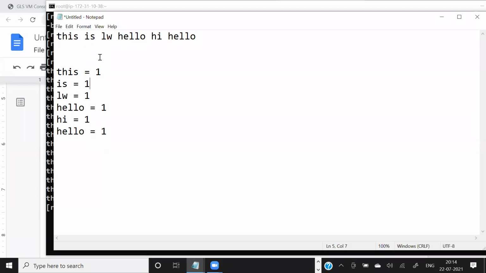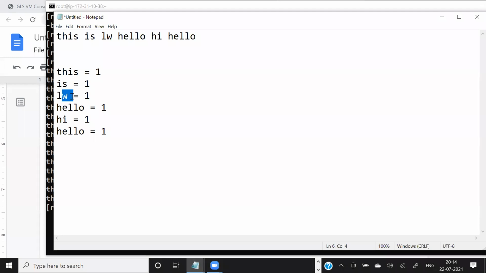After we do the same thing for all the lines, then we start counting. So hello would be a key, and this is the value. We count how many times the hello key comes: 1 plus 1 plus 1, 2 times, 10 times. That's called reducer. So hello is a key, LW is a key, and we count how many times each key comes. This is called reduce by key. So this is how a word frequency or word count algorithm works.